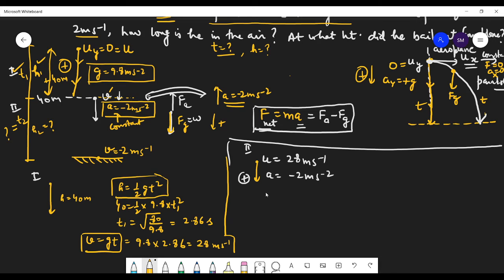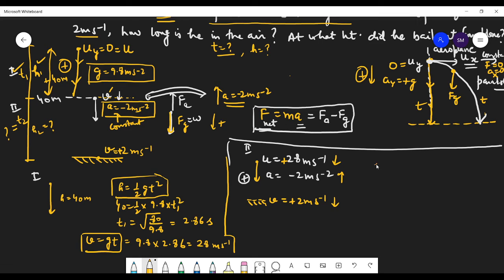Any other information you have? Yes, I have another information also. That is V when it is hitting the ground, and that V is equals to. So students, if you were taking this case A, then this V was positive, but here downward direction. So in second case, we are taking all the direction as positive. So this acceleration was upward, so we're taking negative. U is downward, positive, and this V is also downward. So 2 meter per second, taken positive. Is this clear to you? Yes, sir.